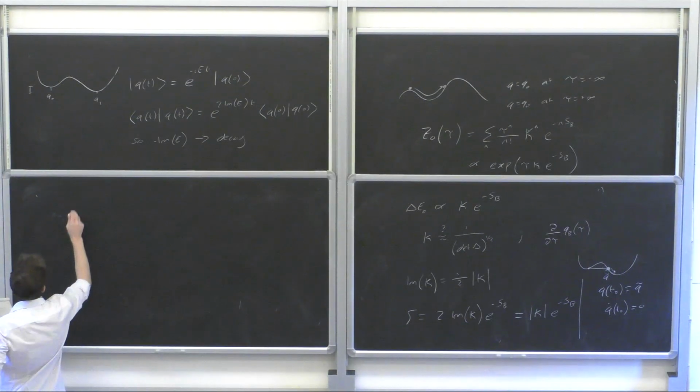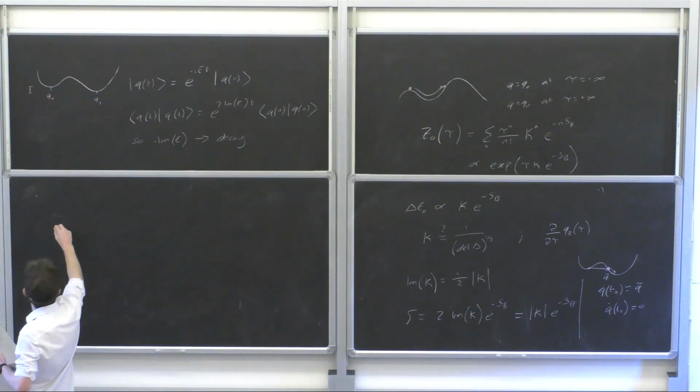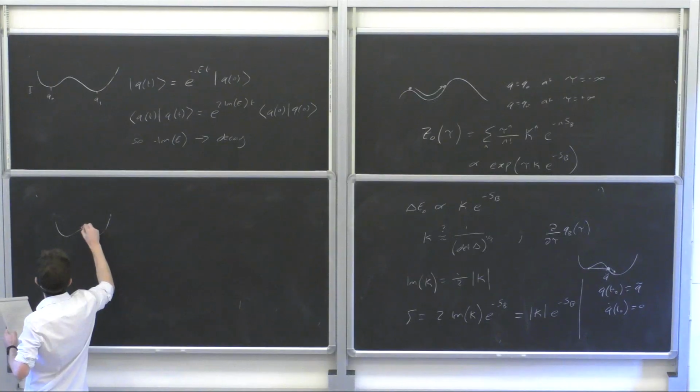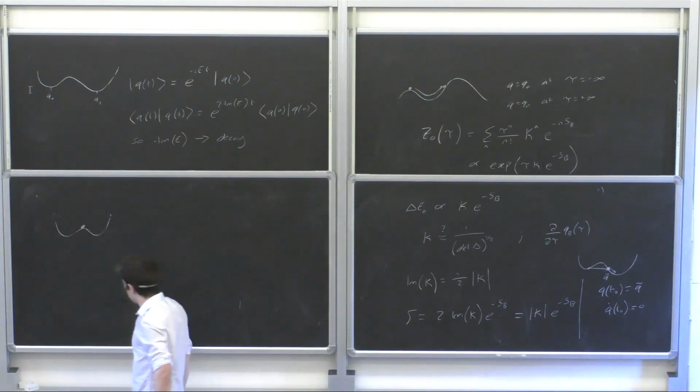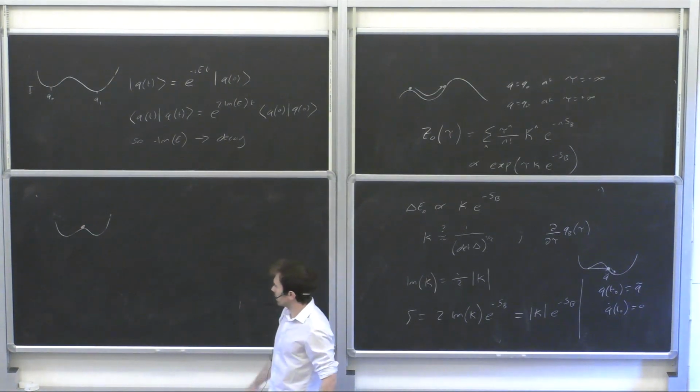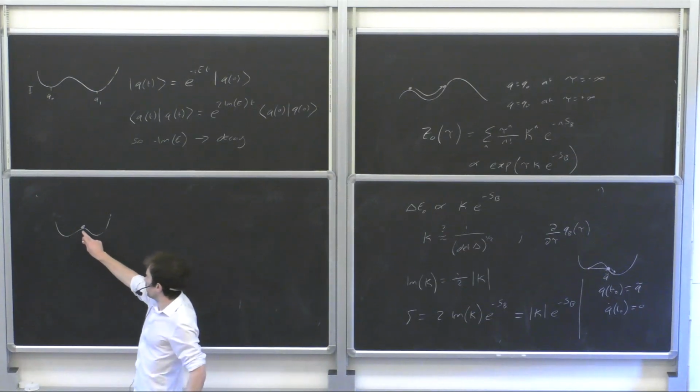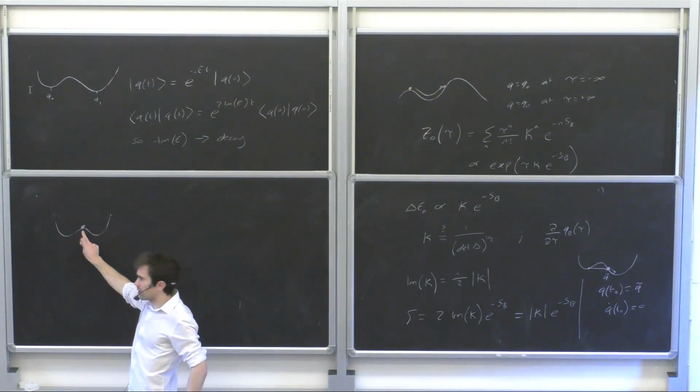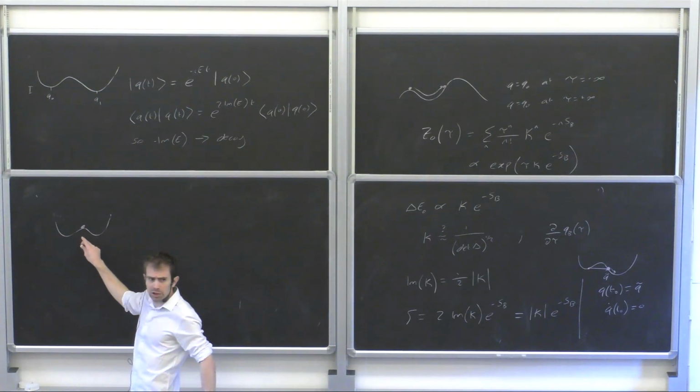The field configuration that I need to get to in quantum field theory, or in quantum mechanics, the value of the coordinate q that the particle needs to get to in order to make some thermal transition to the other side